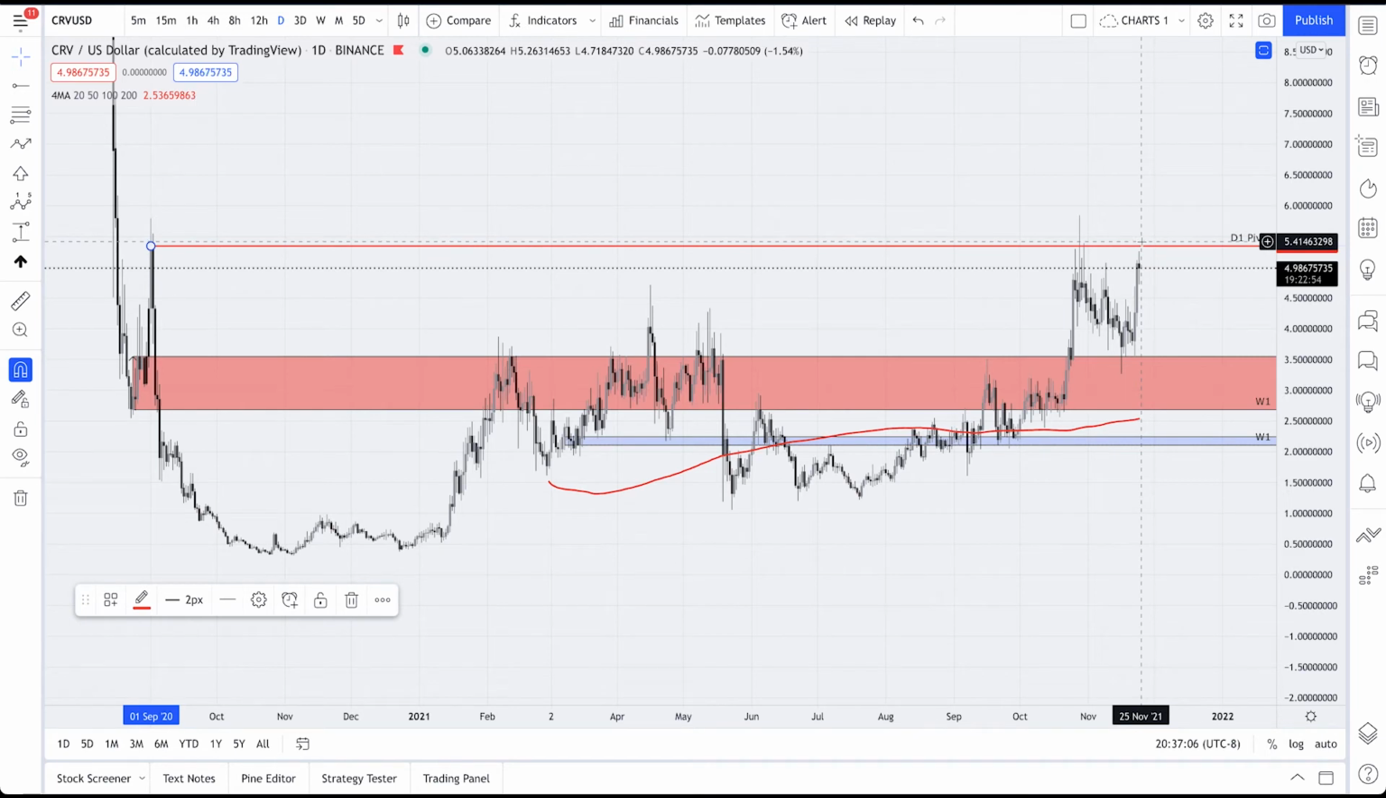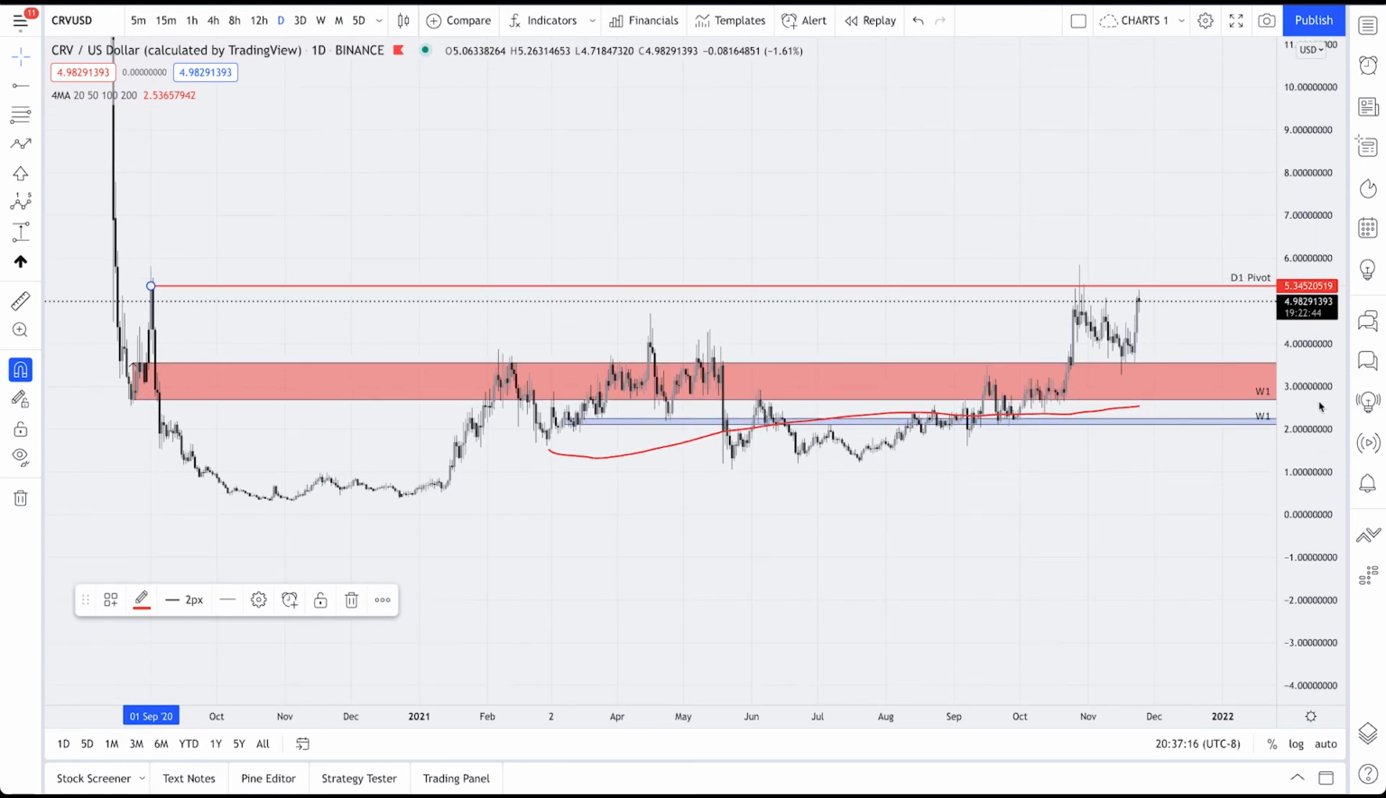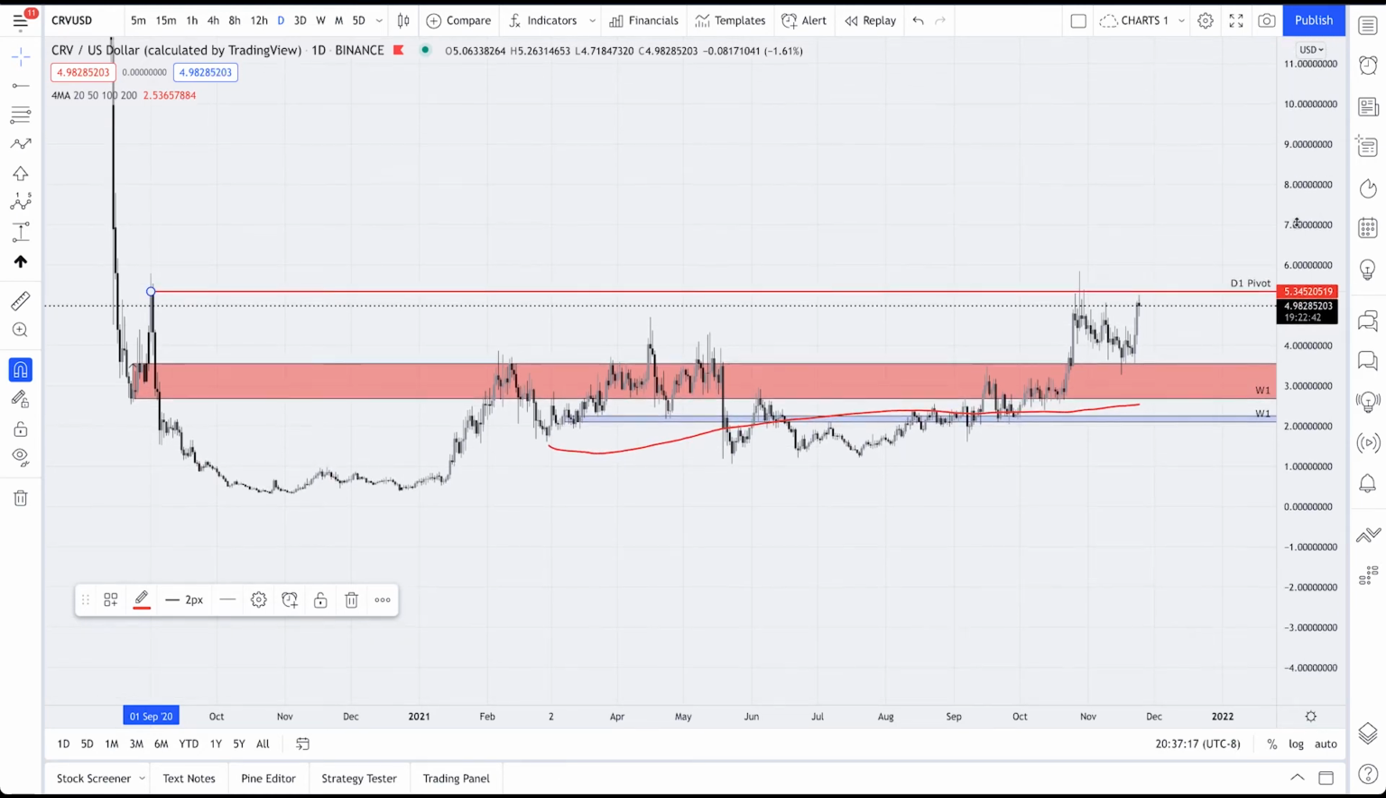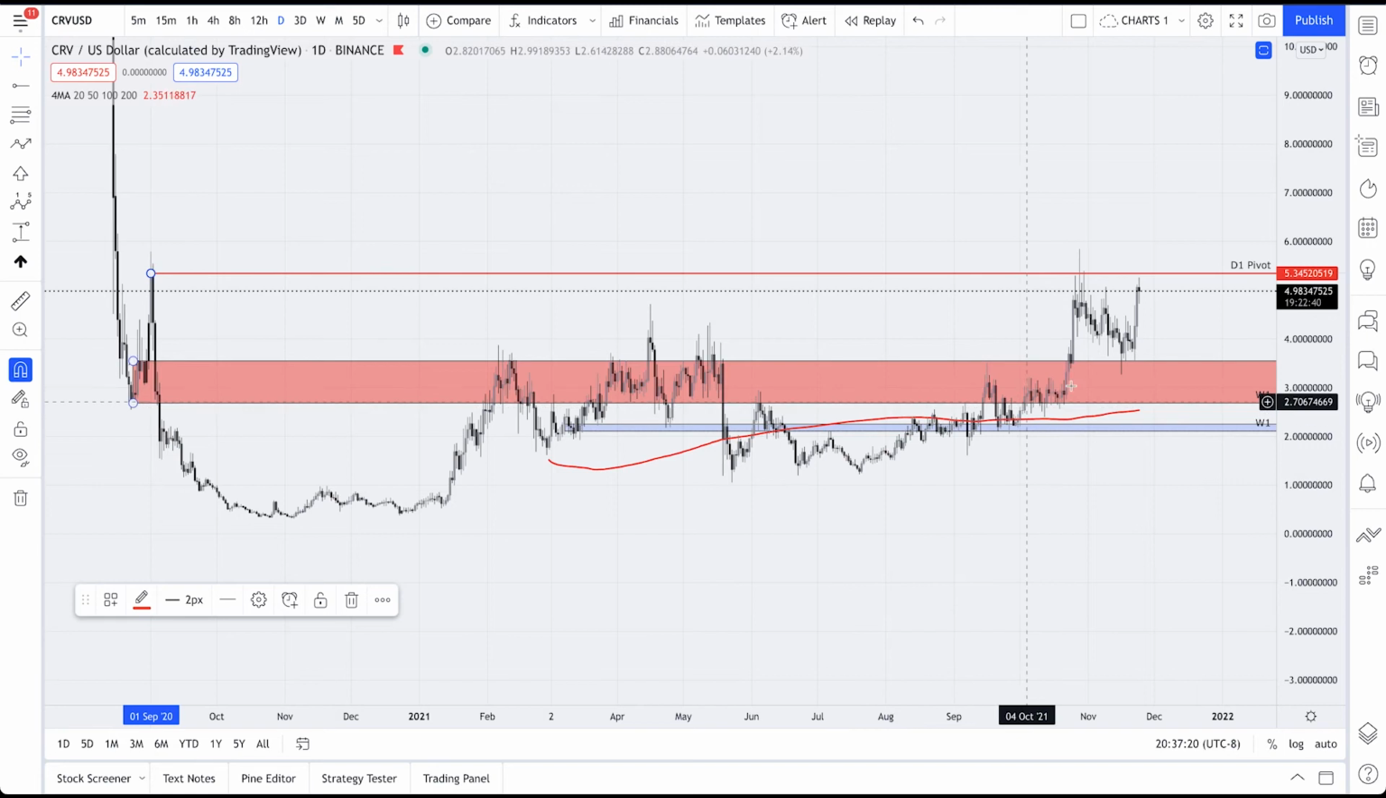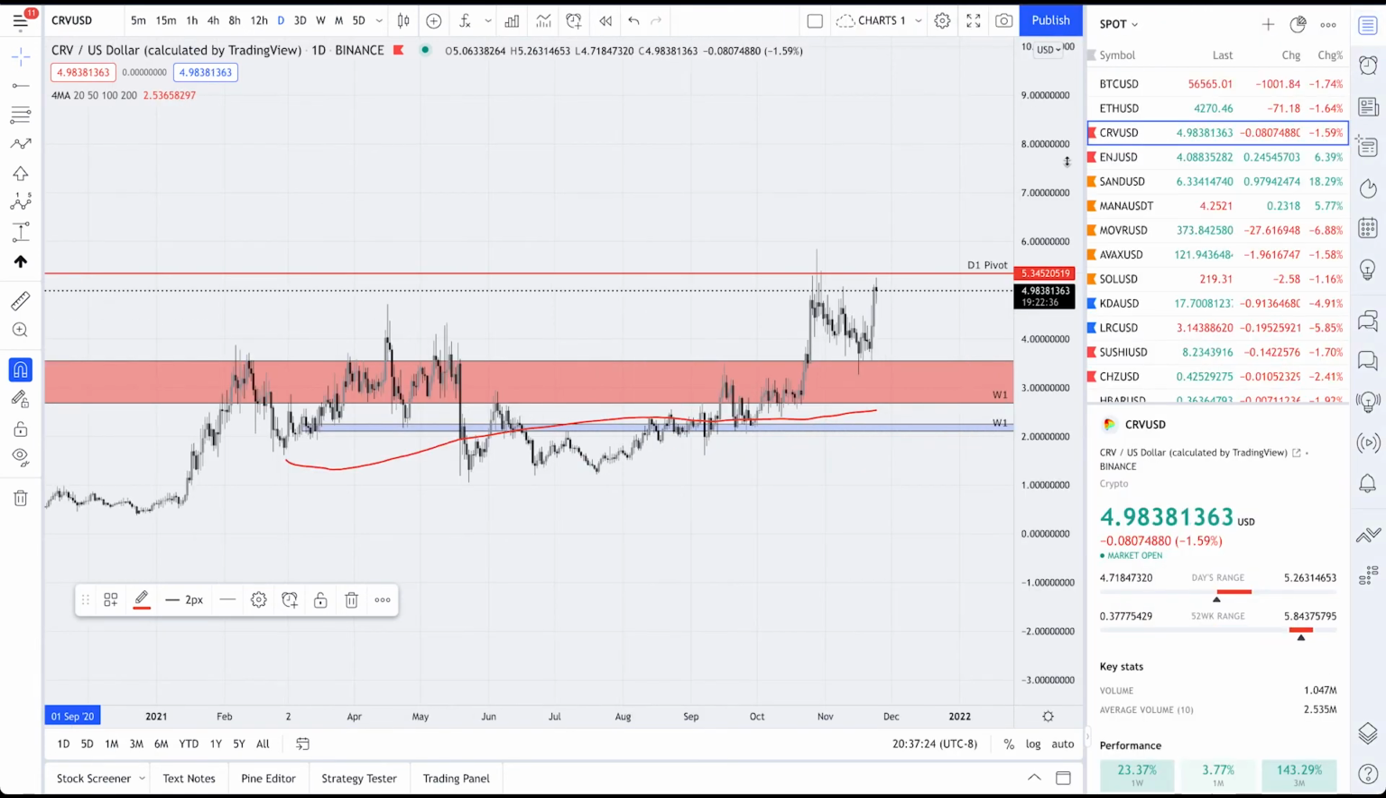Once we get above this D1 pivot on CRV at around $5.36, get a daily close above that, this thing's gonna fly. This is exactly what you want to look for, like I said, these high time frames, supply and resistance flips, supply and demand flips. So if we go to sushi,